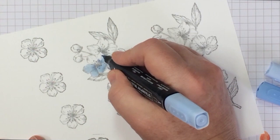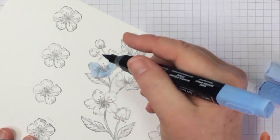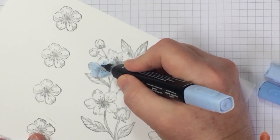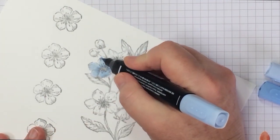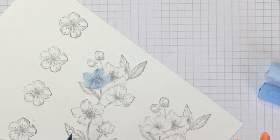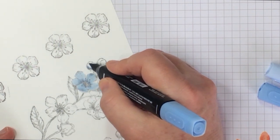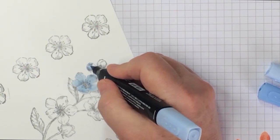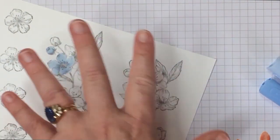Same idea. I'm putting in a little bit of the dark Seaside Spray and then blending out. I'm using some of these detail lines that are in the stamp to guide some of my shading. So there's a bloom, and let's do one of the blossoms here, and then I'll come back. Okay, so I'm going to finish these two up, and I'll come back and we'll do leaves